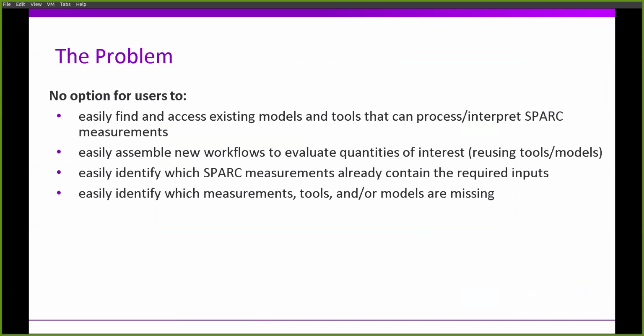So the problem is there's no option for users to easily find and access existing models and tools that can process or interpret SPARC measurements. It's also difficult to easily assemble new workflows to evaluate the quantities of interest, where we can reuse the tools and models that are already available. And it's also difficult to easily identify which SPARC measurements already contain the inputs required for these workflows. Lastly, it's also difficult to identify which measurements, tools, or models might be missing for any given workflow